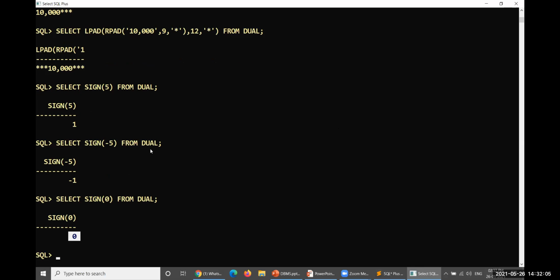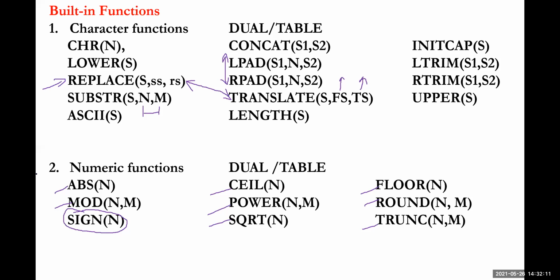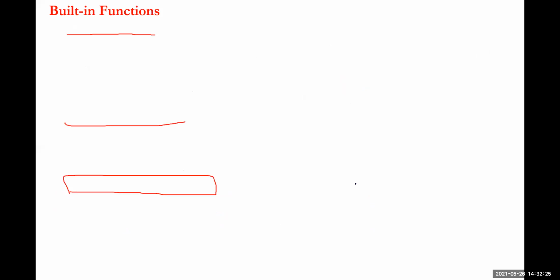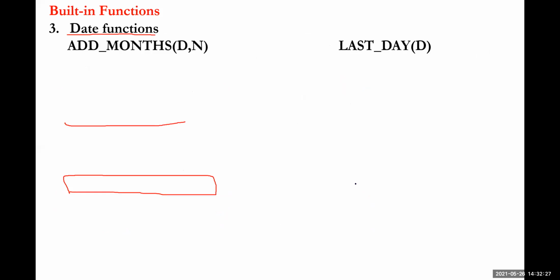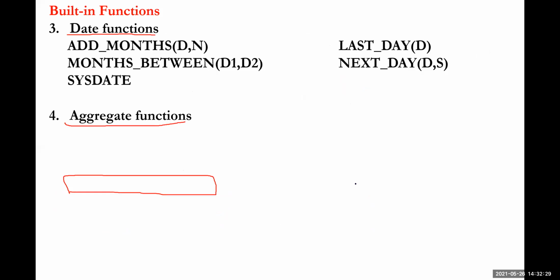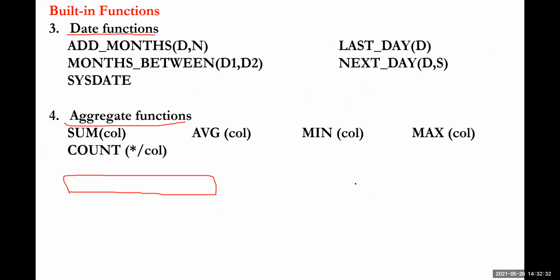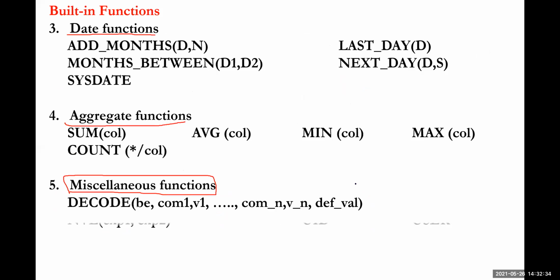Based on this one, we'd like to make some kind of arrangements in the miscellaneous functions. So it is very important for us to understand. Sign is very important, and the remaining everything has been operated in the previous classes. In C, we have operated. In Python, we have operated. Everything has been operated. Then followed by built-in functions, date functions. Aggregate functions we have already seen, and then the miscellaneous functions.